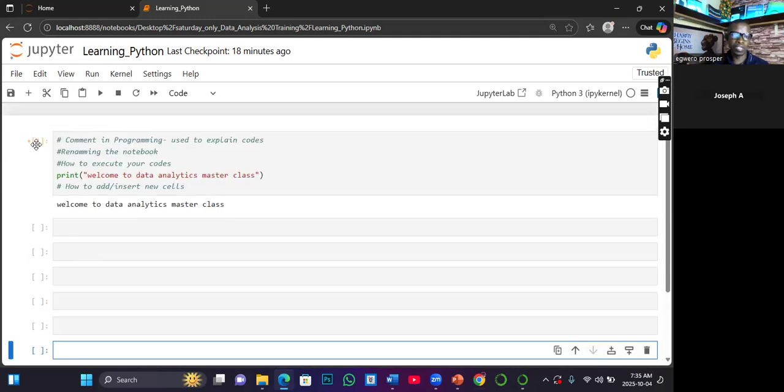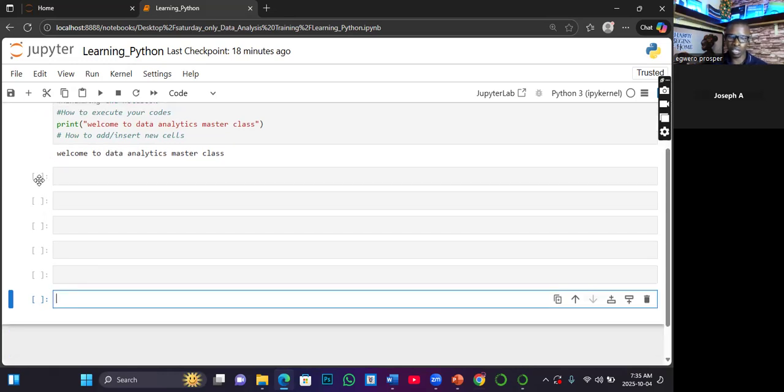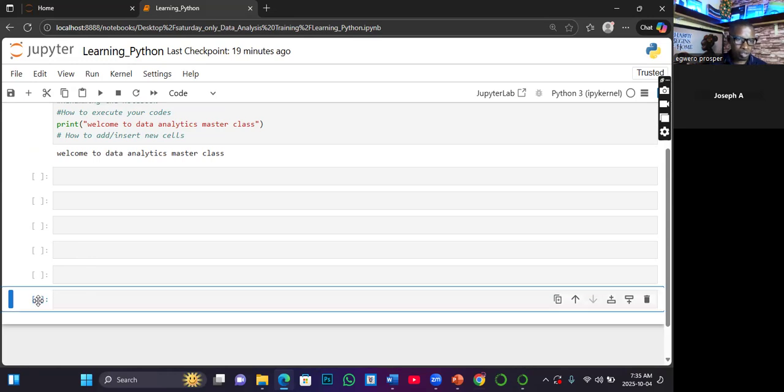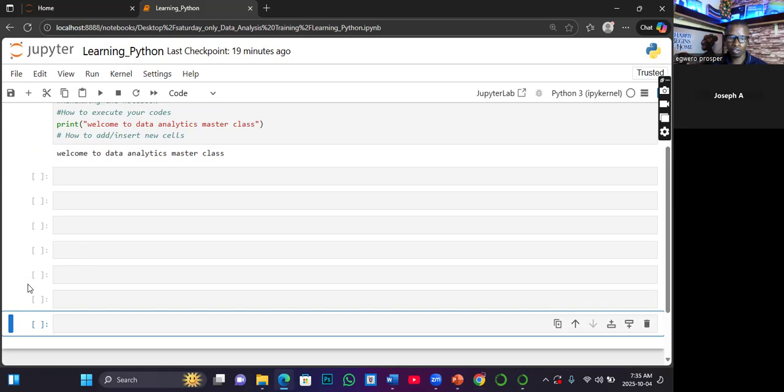This is not the one, I didn't select this one. I click on this one that shows that we have not executed any code in it. So I can click on this one, just select it, then press the letter B to add. I don't know if I've answered your question.